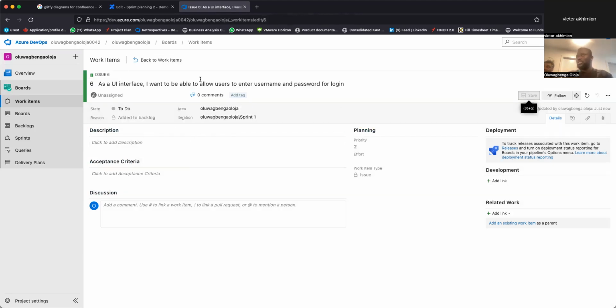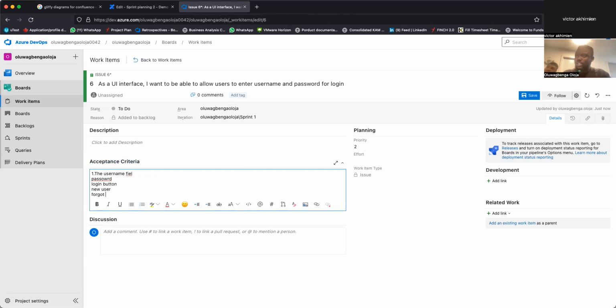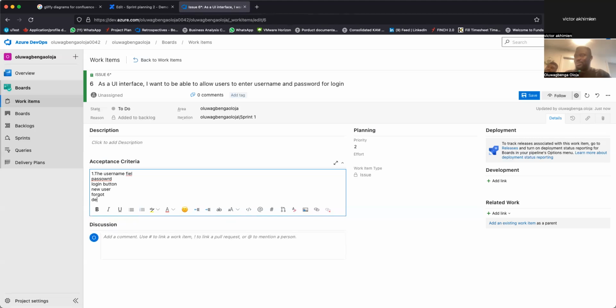Right? So the UI guy, who is our UI guy? He'll tell us, oh, I need to do the mockups, whatever. You will write it here, and here I can say there must be a username field, password field, login button, forgot password, new user register, and maybe a brief design of the app.